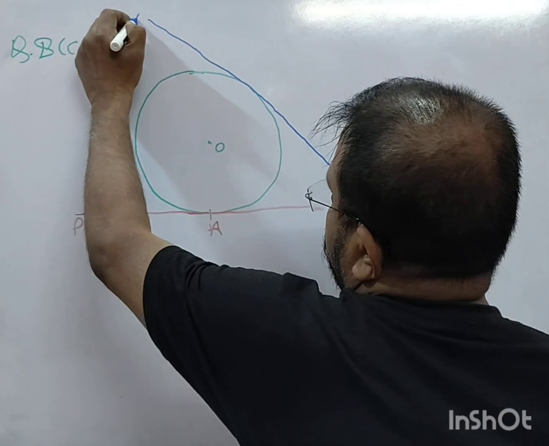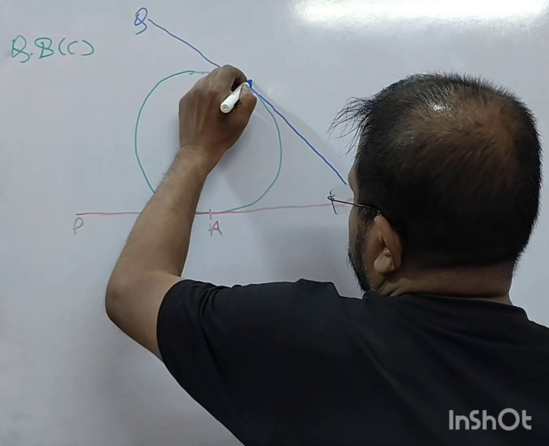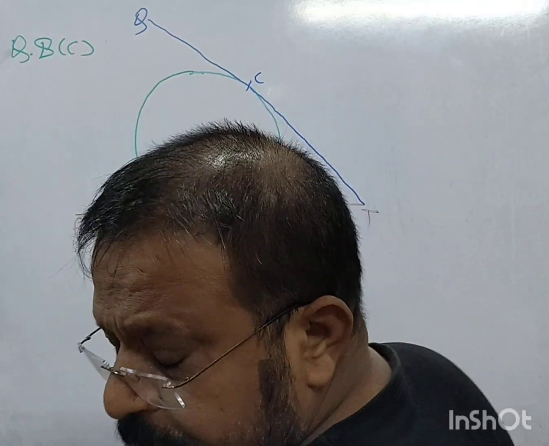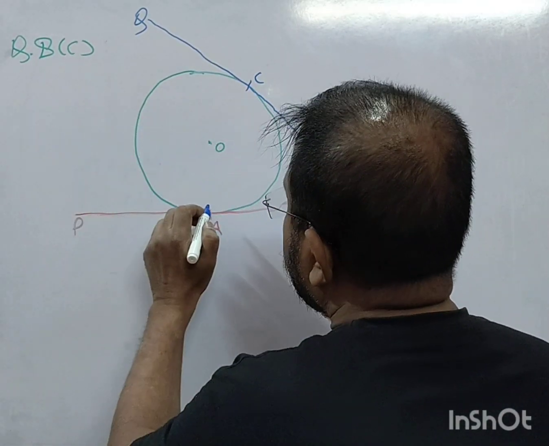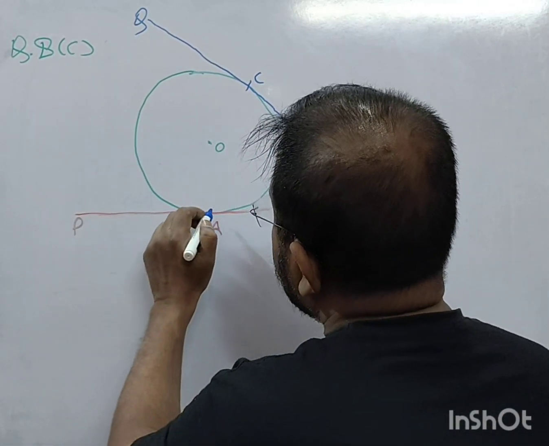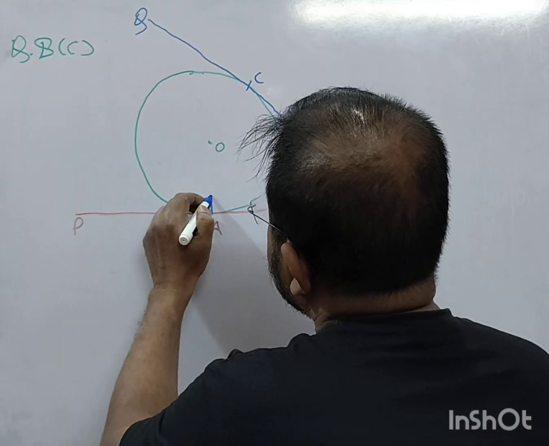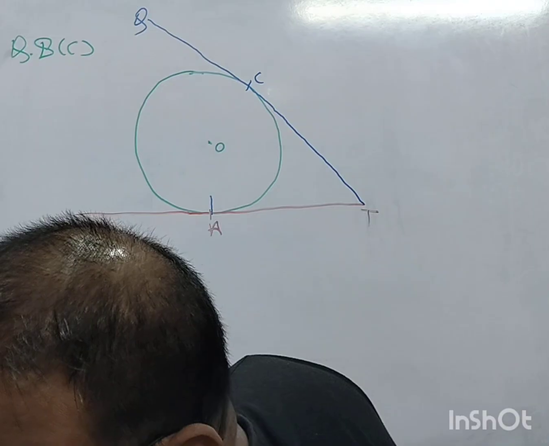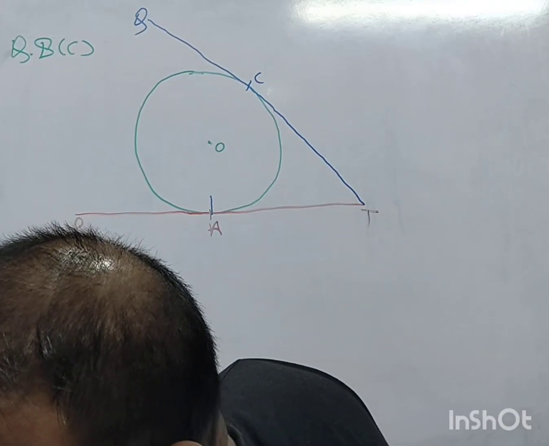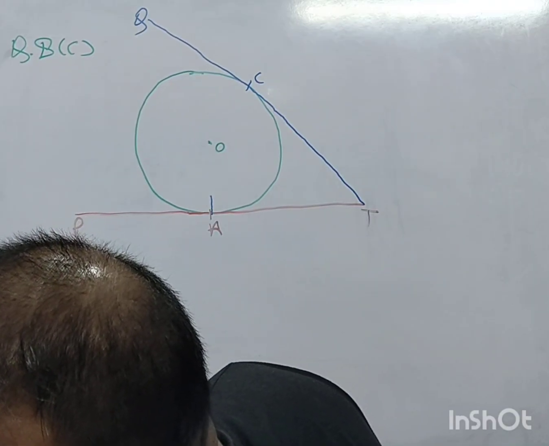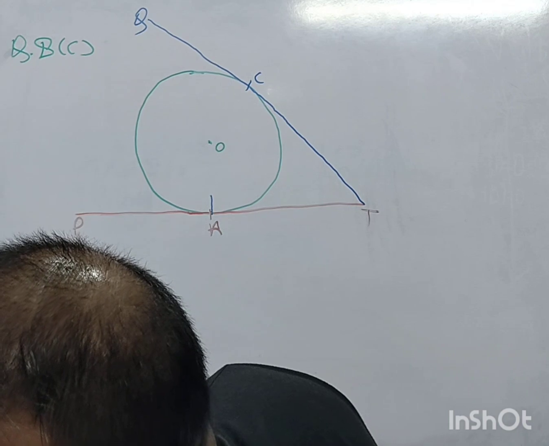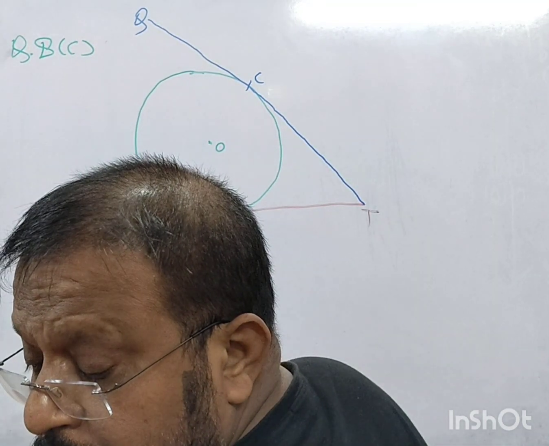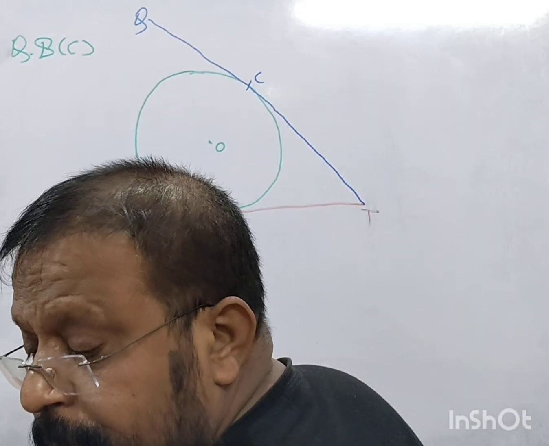This is Q, this is C, this is T. That is okay. Now if we join the lines like this, is it not tangent by, I hope, line from center to the